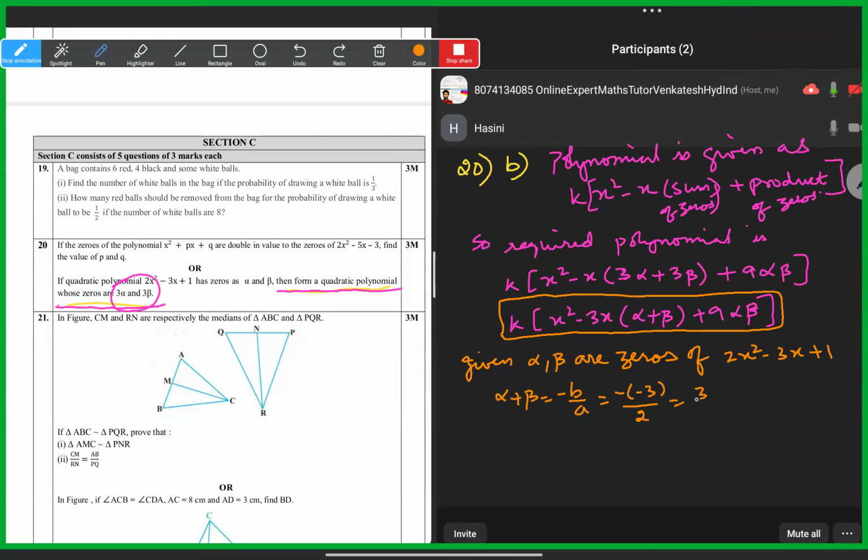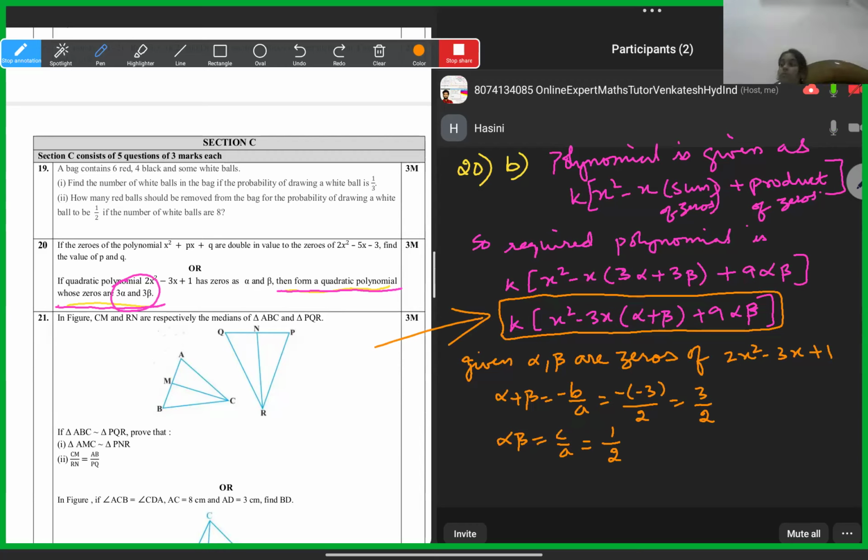Now, the other polynomial has 3 alpha and 3 beta. In the process of solving, we got an expression with alpha plus beta and alpha beta in it, when we took 3 common. So we'll simply substitute the values there and we'll get the answer. Our required thing is this finally. Now alpha plus beta and alpha beta we got from the first expression, and we'll just substitute them. So the required polynomial is